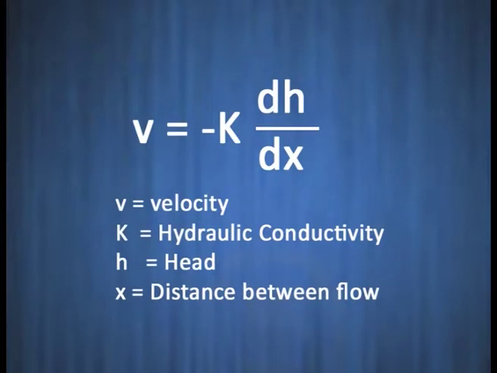Similarly, Darcy's law: V equals minus K dH upon ds. K is the hydraulic conductivity, and H is the head. So dH upon ds is the hydraulic gradient, and dE upon dx is the voltage gradient. So, electric flow is equivalent to groundwater flow. One is Darcy's law, another is Ohm's law.